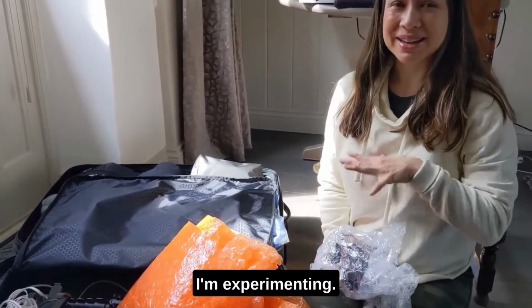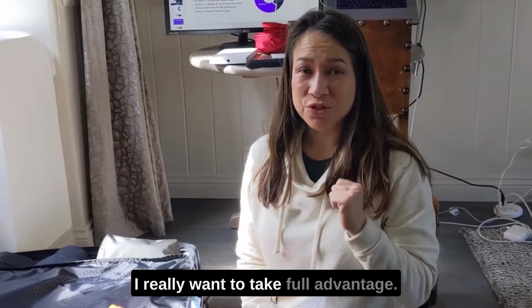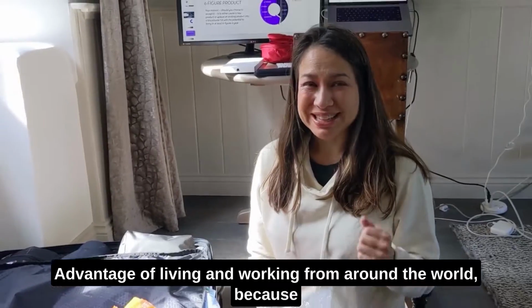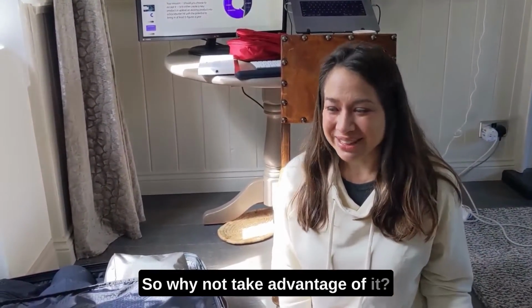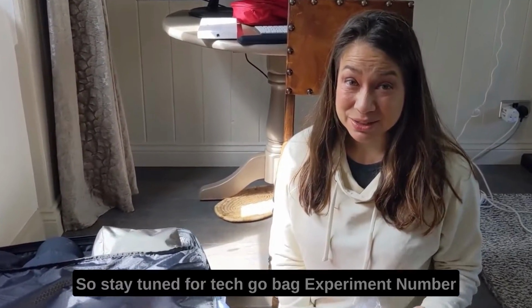I'm experimenting. But after being in lockdown for 2 years, I really want to take full advantage of living and working from around the world, because that's the promise of doing this kind of work. So why not take advantage of it? And yes, the tech go bag is not as hard as it needs to be. So stay tuned for